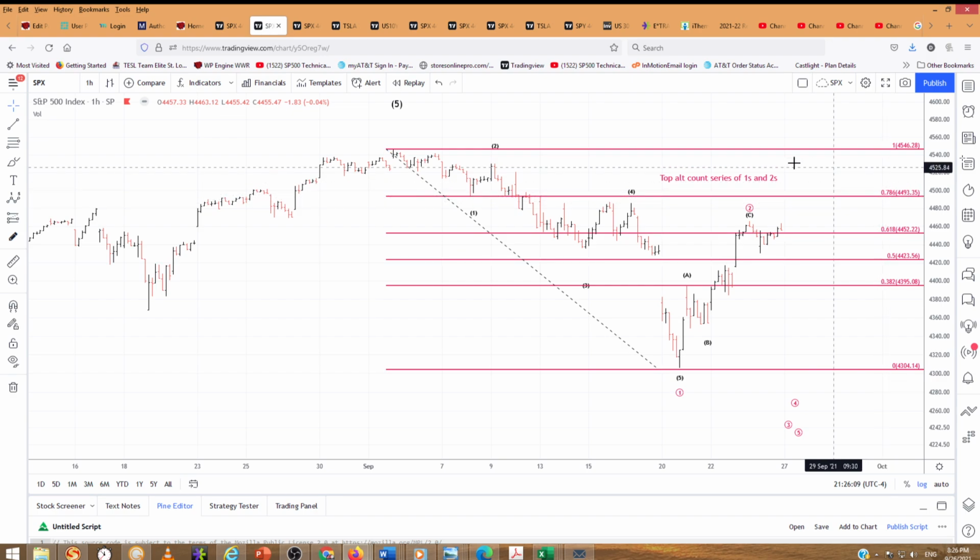The make or break, where is it wrong? Where is it not a second wave? When it retraces more than 100% of the first wave, which is the 45.45 high on September 2nd. There you go. I wanted to show you guys that. If this holds, let's get that